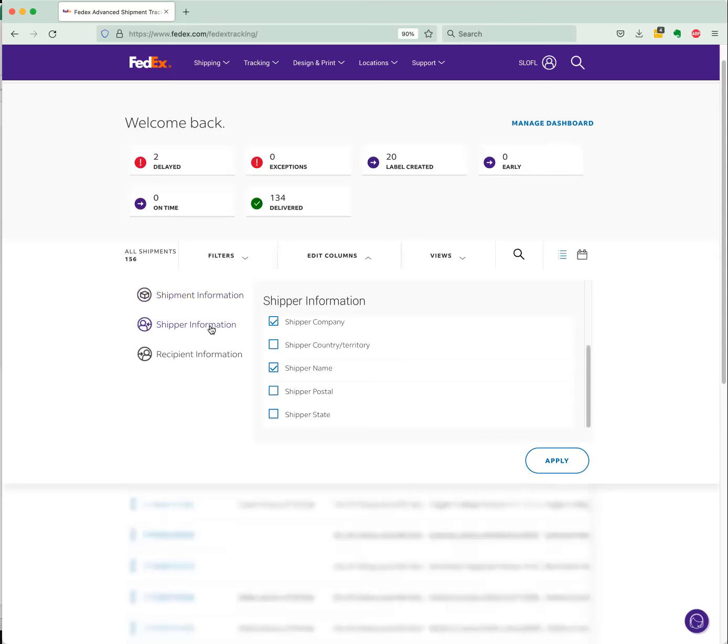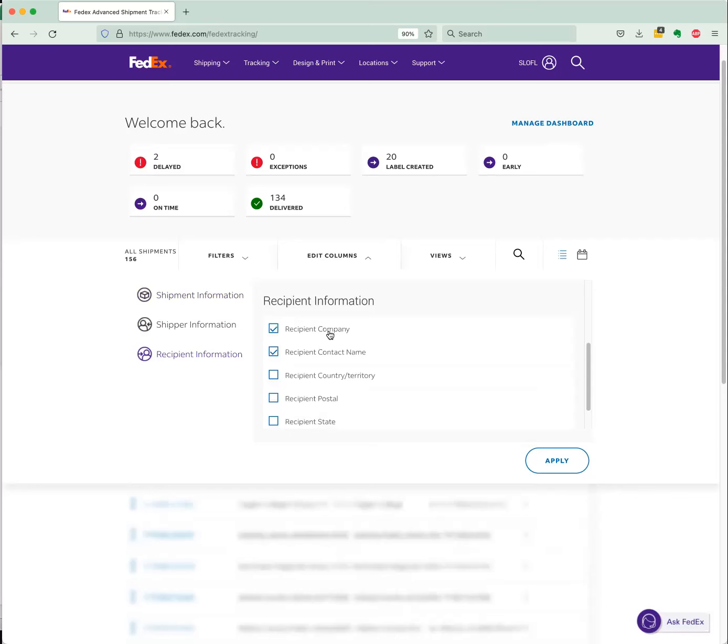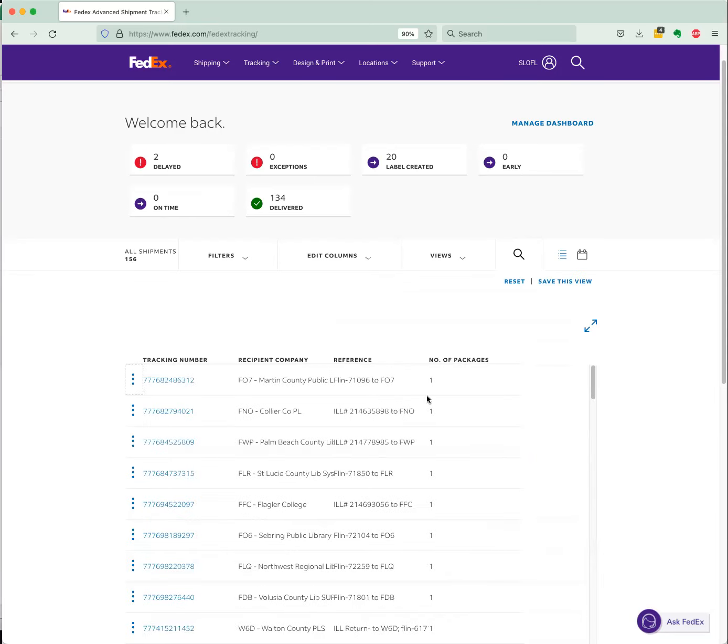So we can also go to the shipper information. And since we are the shipper, we don't need to be told that information, so we can eliminate that. We can apply that, and then we can also go to the recipient information. And here it shows you both the recipient company and the recipient contact name. We probably don't need both of those, so we can just eliminate one of those and then apply that. And now here we have a list with the tracking number, the recipient company, the reference number, and the number